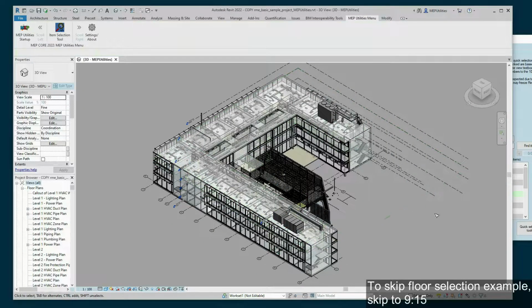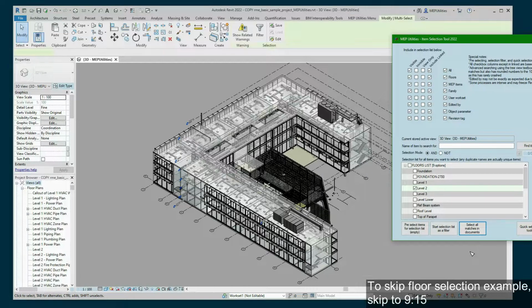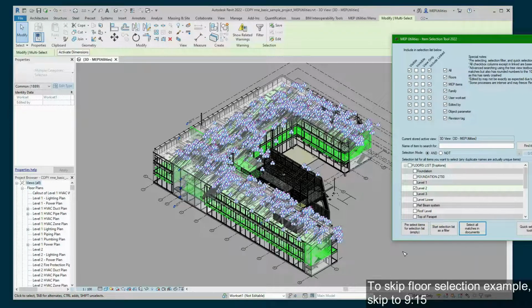And obviously you can just click and remove that selection, and then let's say we want to select stuff on level 2, only level 2. Just do that. Boom, there's everything on level 2. Now let's say